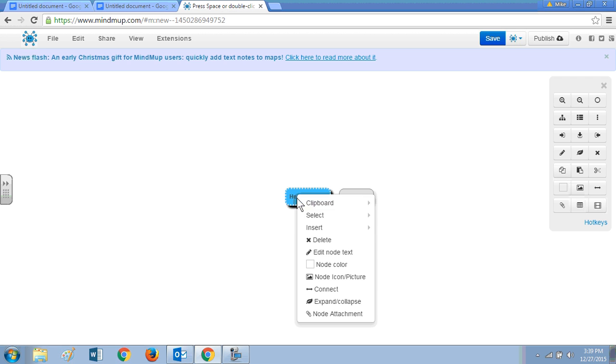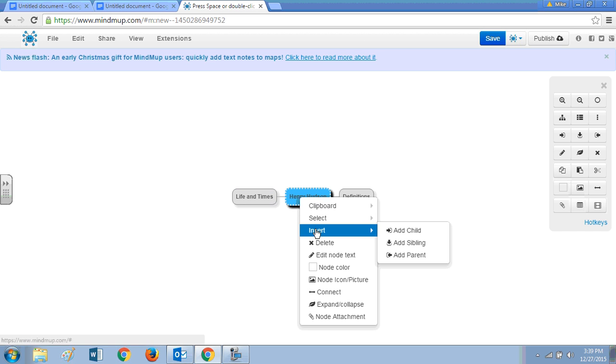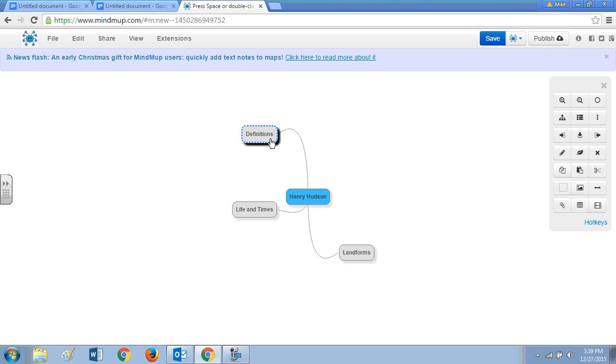We're going to go back and again insert, add child. The next, life and times. The third one was landforms. And we can change these and move these around so that they hang out in different places, so it's easier for us to